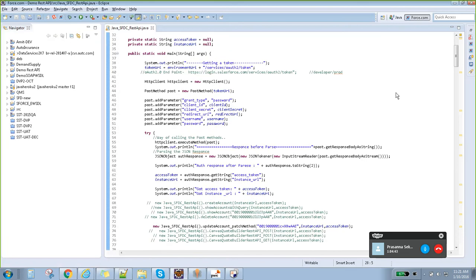Okay, so these are the major things: how to create using the post method, how to retrieve using the get method, how to update using the patch method, and how to delete using the delete method. These are the major things we will basically use. I will share the code, so just practice it. And if you have any special questions or something,